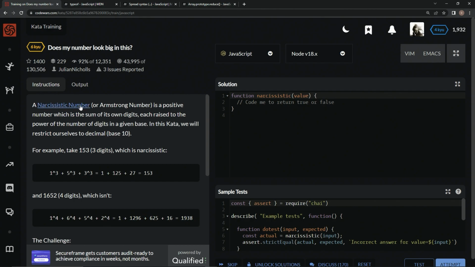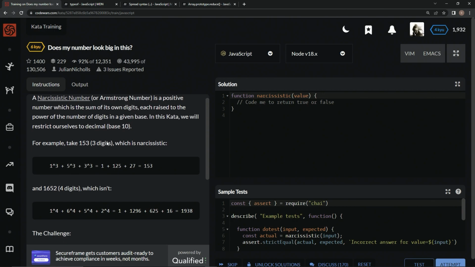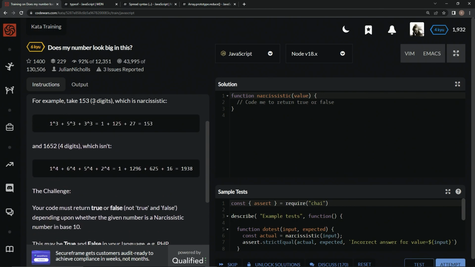So a narcissistic number, or Armstrong number, is a positive number which is the sum of its own digits, each raised to the power of the number of digits in a given base. In this kata, we will restrict ourselves to decimal, so base 10, all right? So for example, take 153, 3 digits, which is narcissistic. So 1 cubed plus 5 cubed plus 3 cubed is 1 plus 125 plus 27, which equals 153,